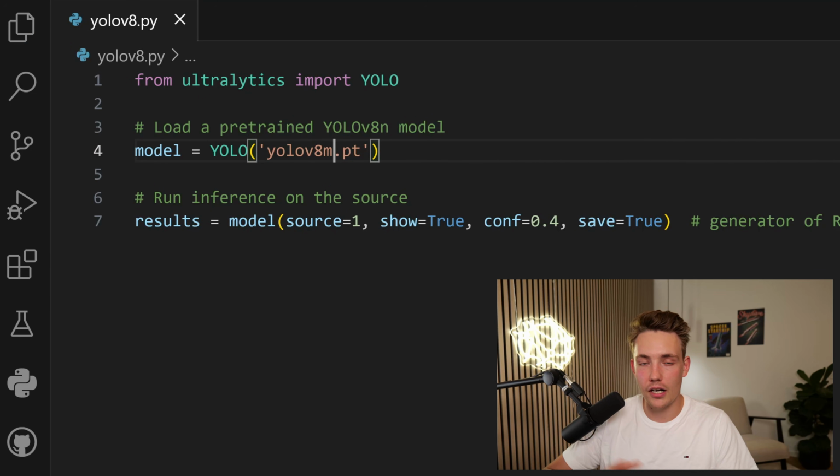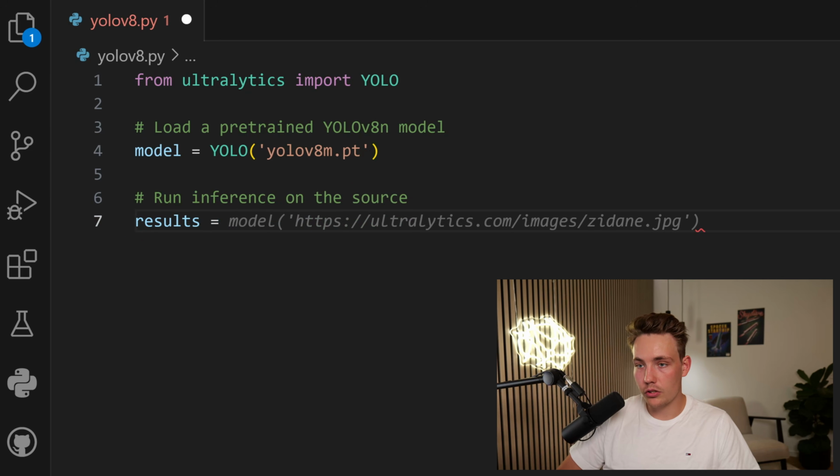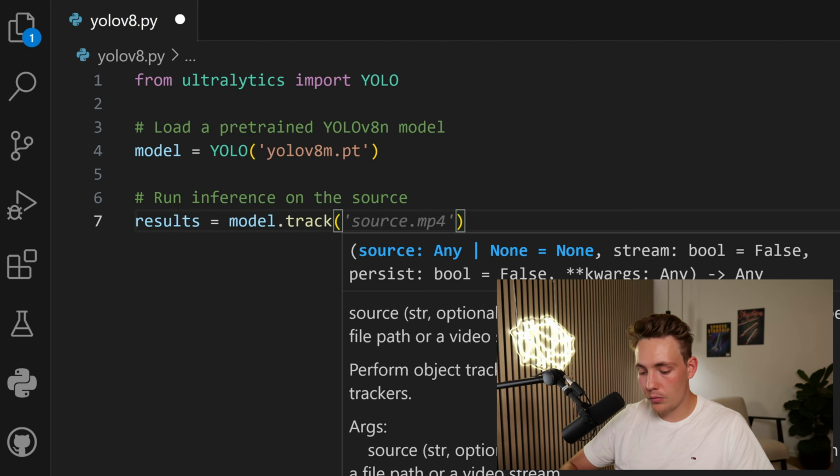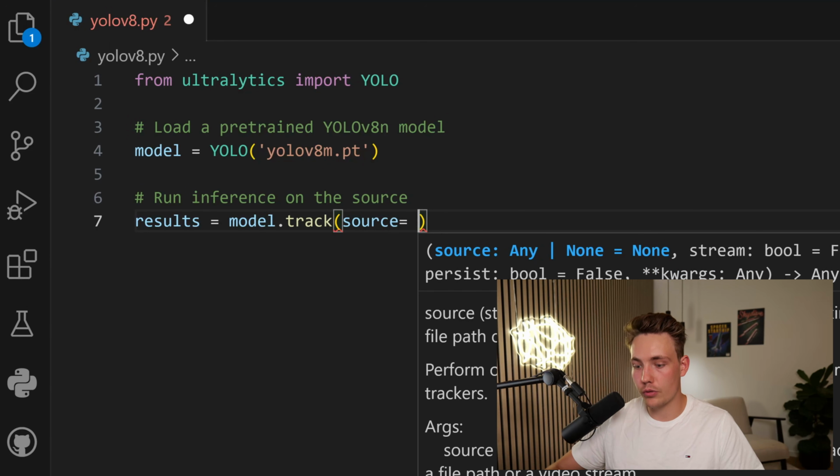I have a 4090 RTX graphics card on my side, so I can run some larger models and still be able to run real-time inference. Before, we just had this inference where we throw in the arguments to our model, but now we need to delete this and set up our tracker. So first of all, we just call model.track. We need to specify our source, and our source will be equal to